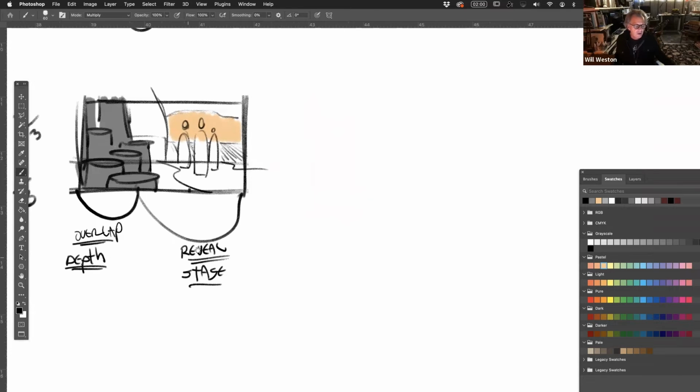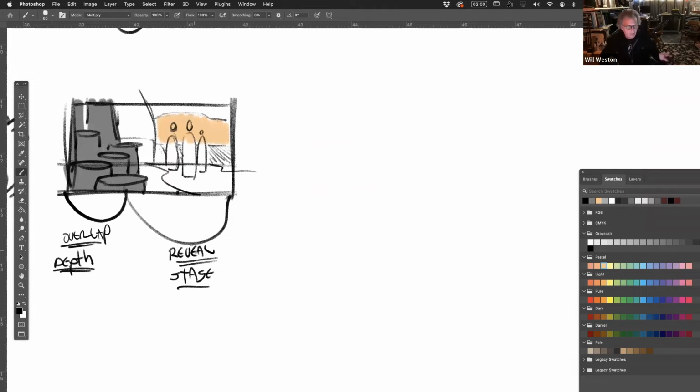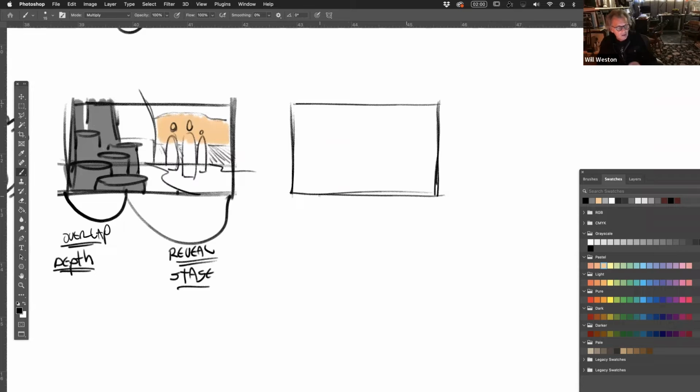Remember, the pictures are going to tend to start about 9 feet away. And that's because they're actually dealing with you, a human person, looking at an actual painting. And so they have limitations that we don't have in film, because in film, you don't have a body. You have an eye, but you don't have a body. Okay. So, as I was explaining before, we need overlap and we need reveal. And as a painter, you may want to have depth in your composition, and you may want to have open areas, and you may want to be able to feature a focal point of some sort. It doesn't have to be a person. It's just a focal point.